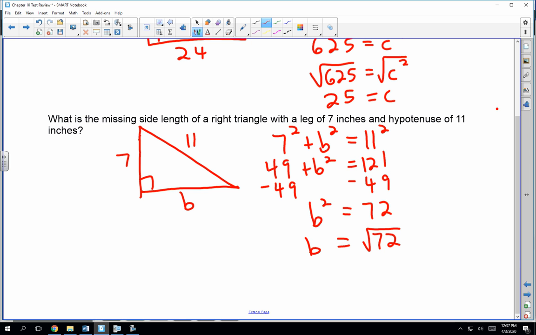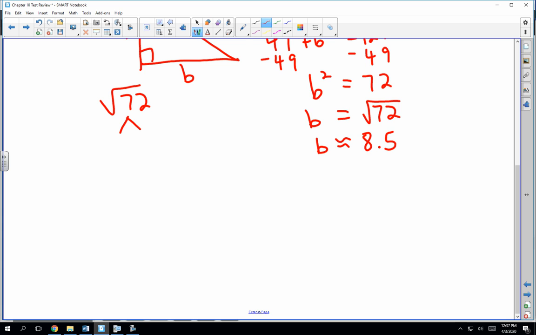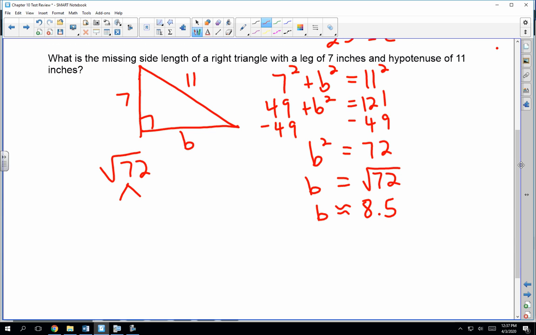And we use a little squiggly equals here. B is approximately equal to 8.5. If you're just doing these problems, and they do ask us to do this often in geometry and trigonometry, the question is, what's the simplified radical form of this? Well, this goes full circle to that first problem we did with the square root of 540. You take that square root of 72 and you do a factor tree with it and find all those pairs. I'll just give it to you right here. And so, 72, you might do, I know that's 2 and 36, and 36 might be 9 and 4, and